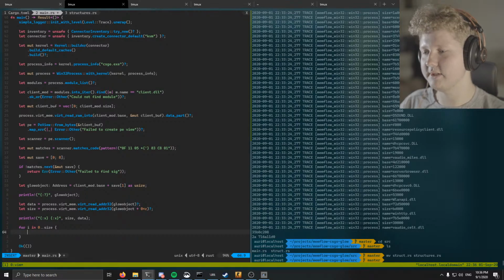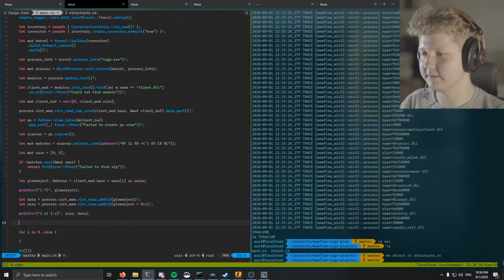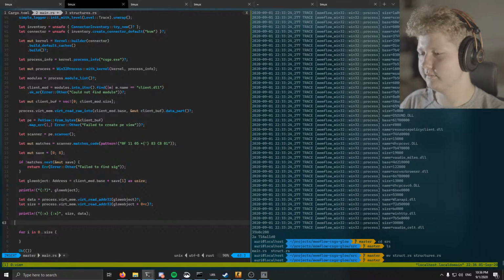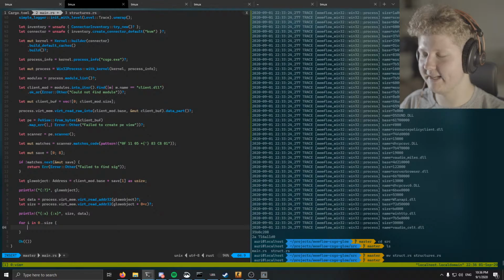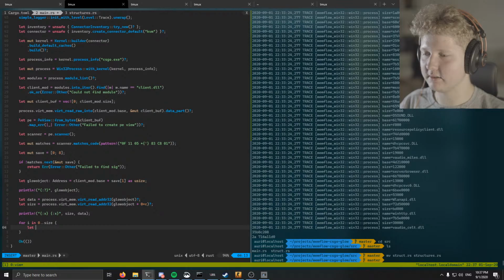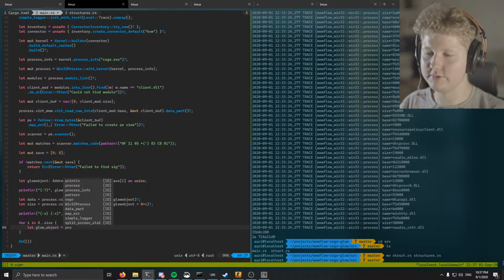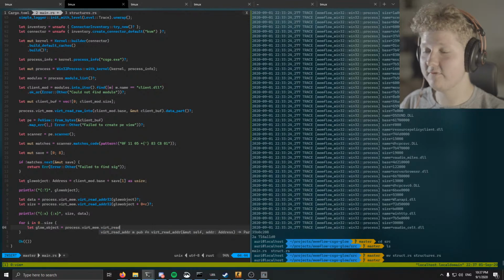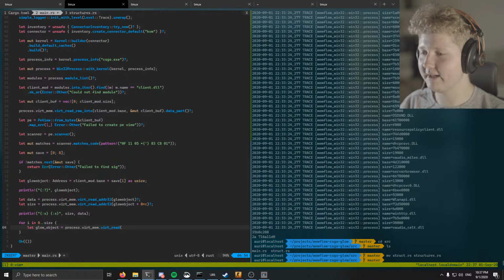Oh wait, actually let's do it efficiently. Why not? Or... no. I'm just too lazy for efficiency. I do efficiently scan glow. Let glow object process vert mem vert read, just vert read. This is very epic. Just vert read, and it's gonna be